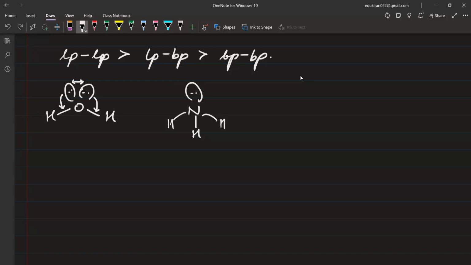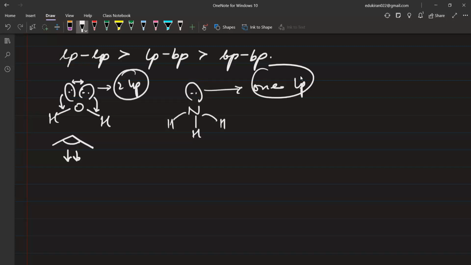So that is why this HOH bond angle is going to decrease because it is getting repelled. So obviously the hydrogens are coming closer together like this, no? So what will happen to the bond angle? The bond angle will decrease, but it is not going to decrease in the same manner in ammonia, because here the repulsion is only by one lone pair. Here we have one lone pair, and here we have two lone pairs. That is the main reason.